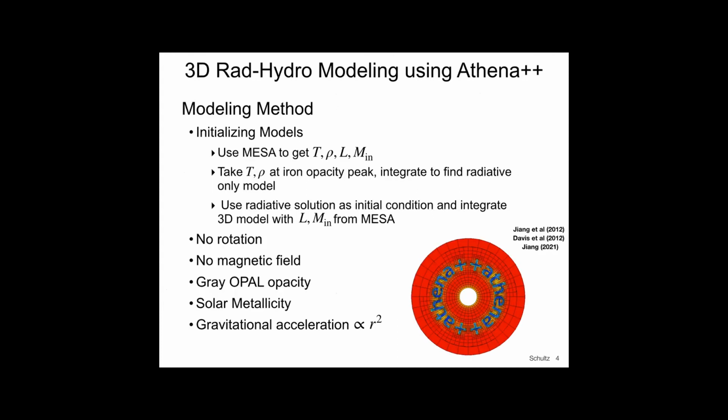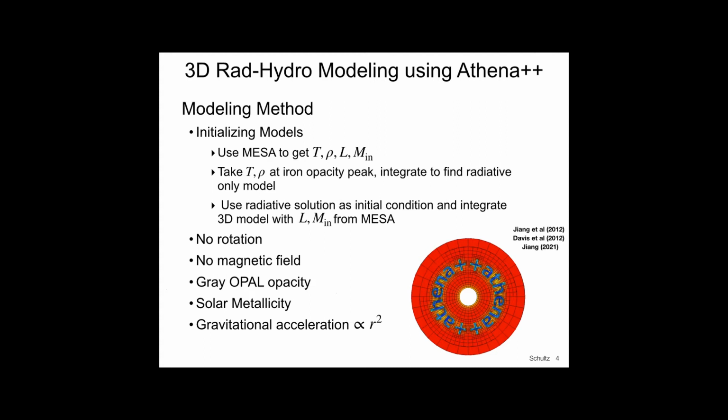So into the nitty gritty, what are we actually doing? We're using Yanfei's radiation module in Athena++. Our method goes like this. We take a MESA model. We take the temperature and density near the iron opacity peak region, because that's in the center of our simulation box. We then reintegrate a radiative hydrostatic